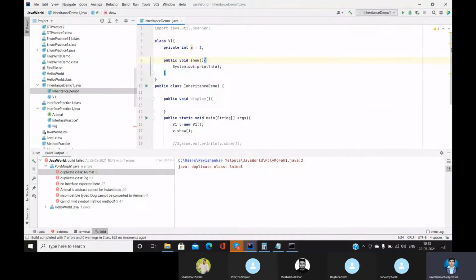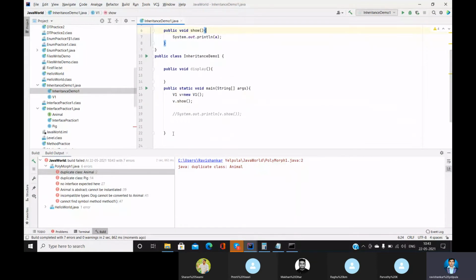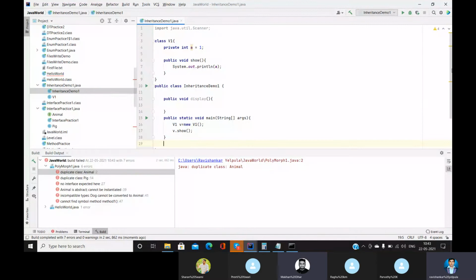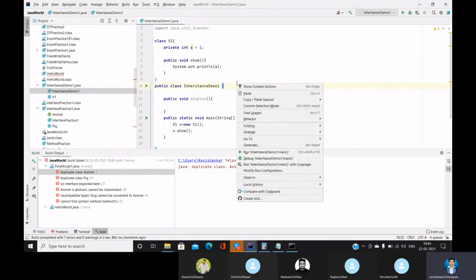I think there is some kind of issue. Oh, it's referring to an email. Within the program, can you just right click? Yeah, see the option. I'm running from here. Okay, just run.